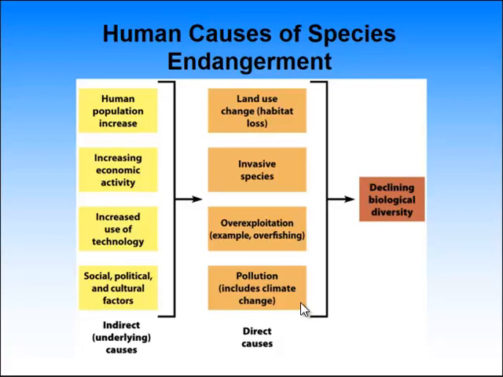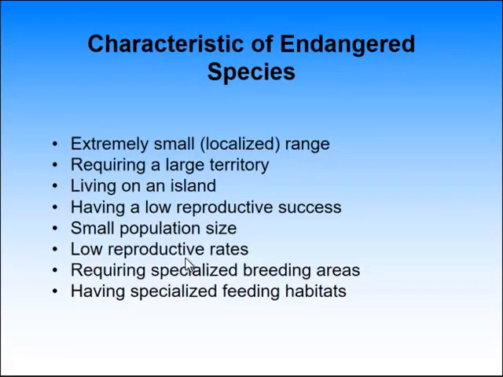How do we know we're causing it? Because we've learned all about their niches. And we're taking away their niches because we're destroying their habitat. And we're putting competitors in there with the invasive species. And we're hunting them and just killing them or overfishing them. And we're also giving them things that they're too picky for, they can't handle pollution. They can't handle climate change. Yeah, it's all us. Indirectly, but it's us. It's our fault. The biological diversity is declining, we're going into the 6th mass extinction.